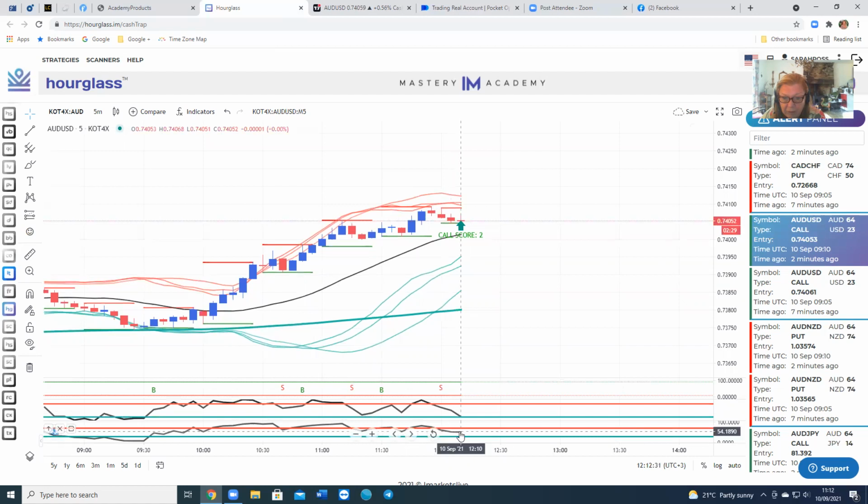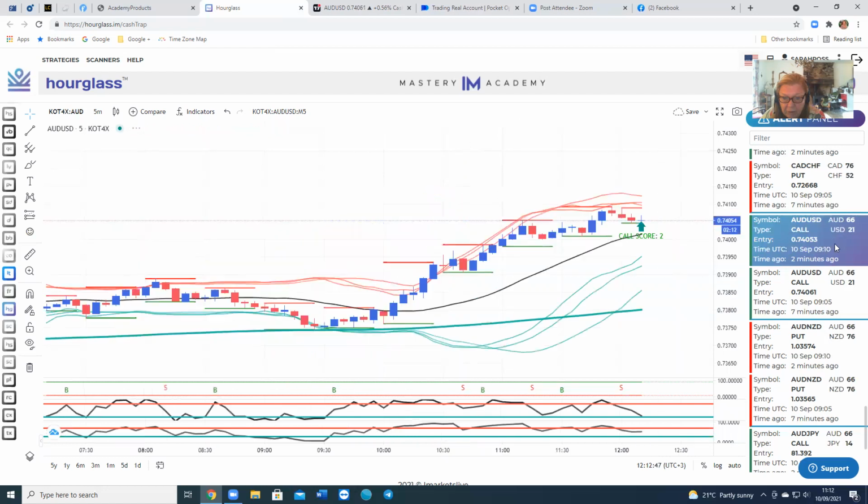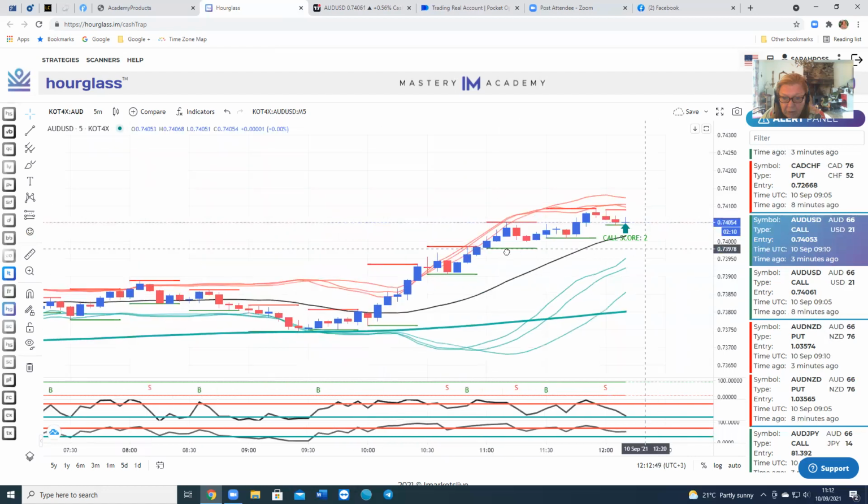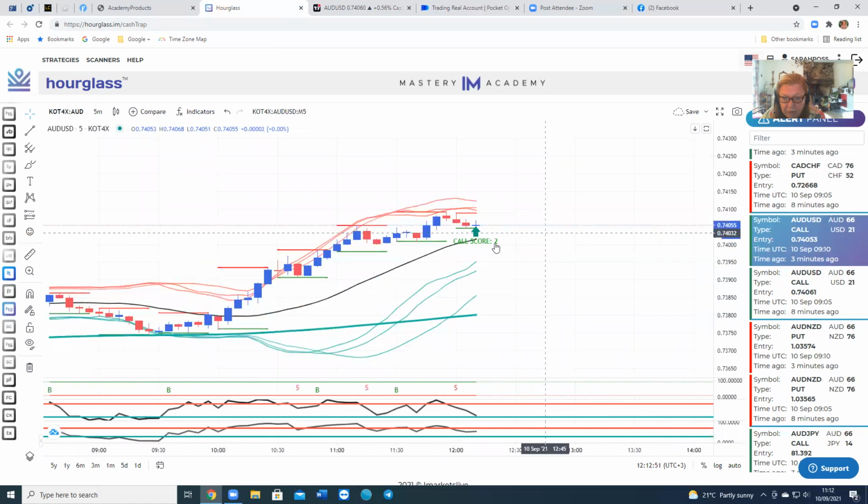Now this one is the relative strength index, which is another momentum indicator, very sensitive, and it's just not touched, it's not tapped the bottom yet. So I need it really to tap the bottom before I decide I want to take a call, even though, you know, these are algorithms. So even though the algorithm, it's only a call score of 2 anyway, and we only like to take 3 or above. So the move may well happen, but for, you know, it's your money once you come off demo